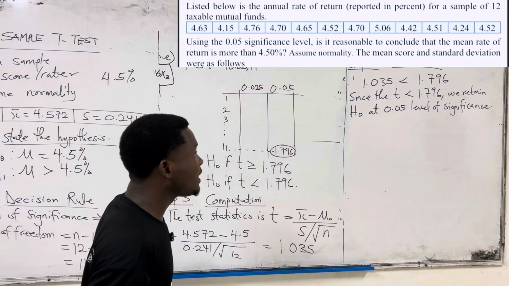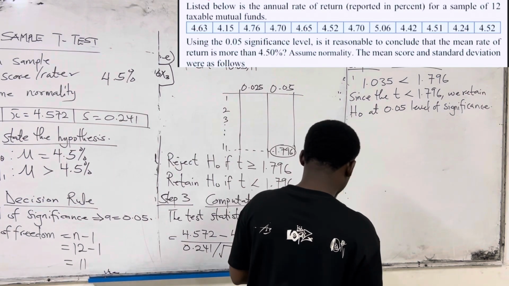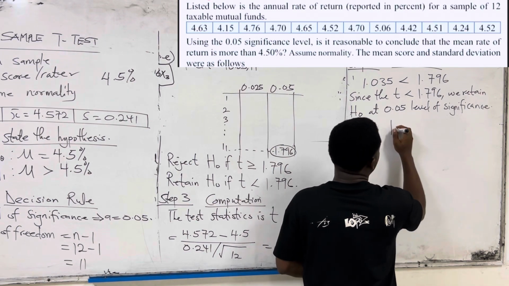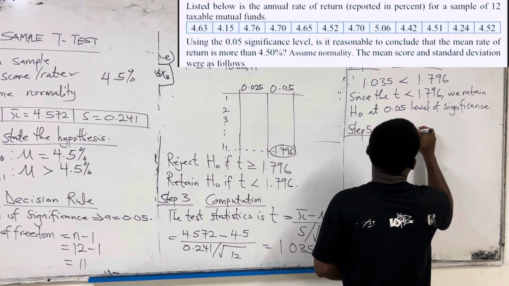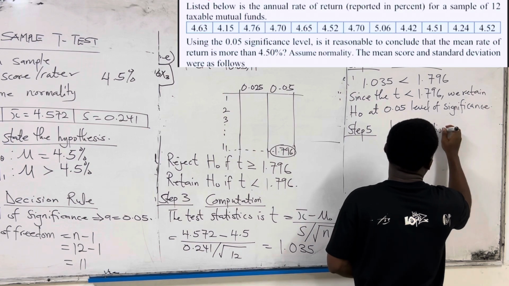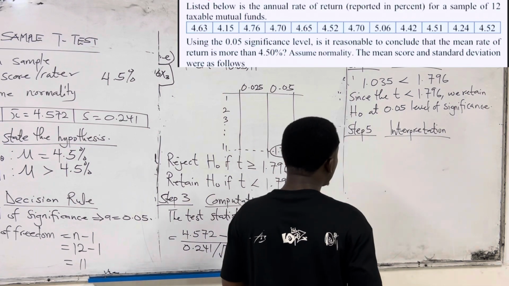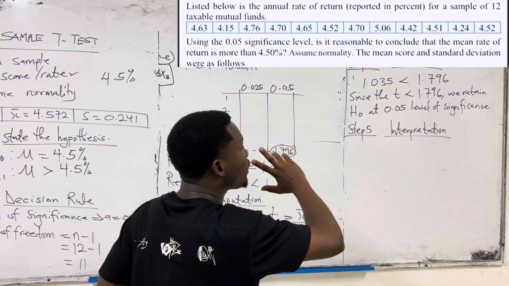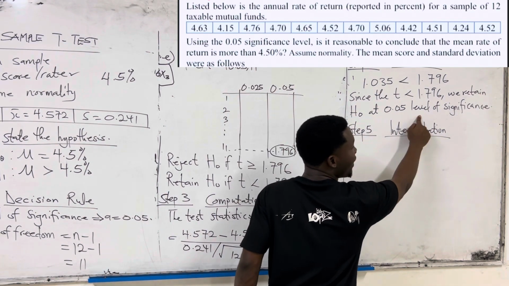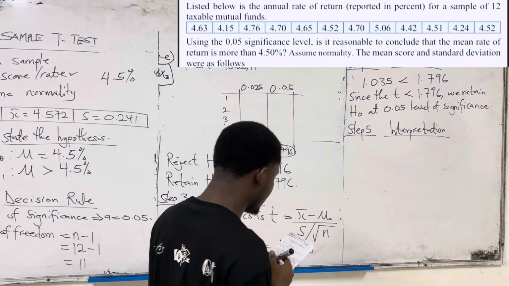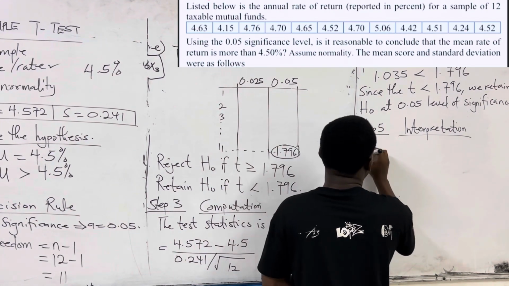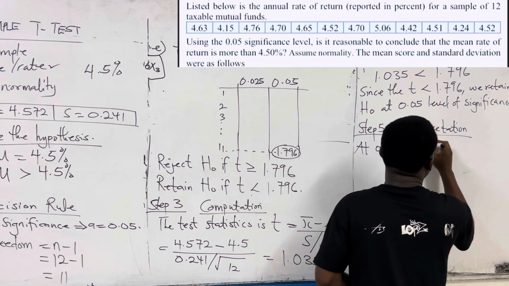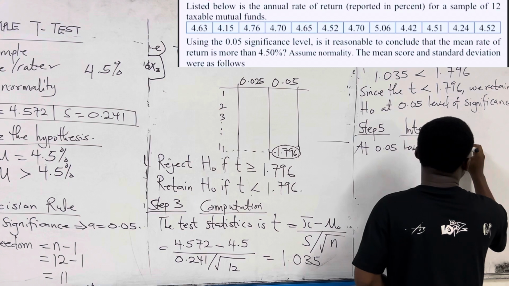So we have made a decision and we have to explain. So step 5, interpretation. We are saying that we will retain or accept the hypothesis at 0.05 level of significance. So we have to interpret. So interpreting, we say at 0.05 level of significance,